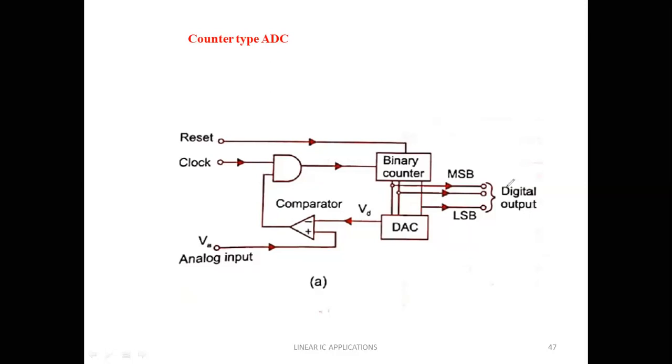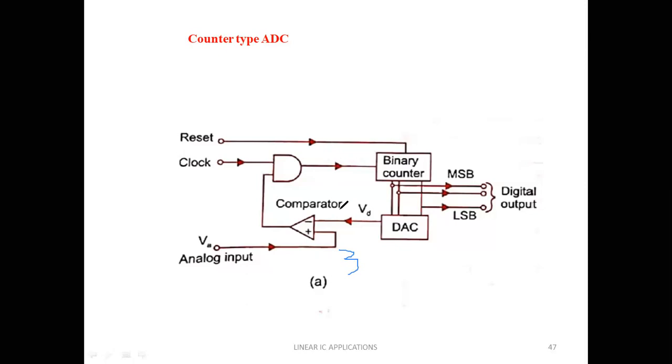Just after comparing, how many pulses it has taken, how many clock cycles it has taken. So for 3, initially it is 0, then 1 clock pulse, and after the next clock pulse 1, 2, 3. Almost we are getting 2 power n minus 1, so almost we are getting 3 pulses.